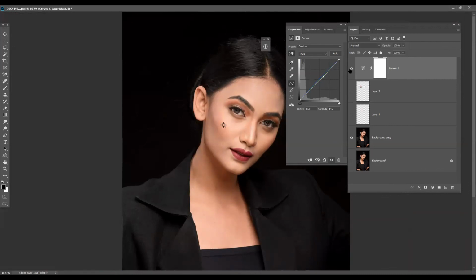If you want to match the color to a specific color, then this is the way. Basically in commercial photography, this is the way we try to keep an even skin tone or even color tone. If we take multiple images also, we try to work with the base color and match out the colors. Any doubts about it? Shall I repeat the process or we'll go to another process? Sir, once more, please.